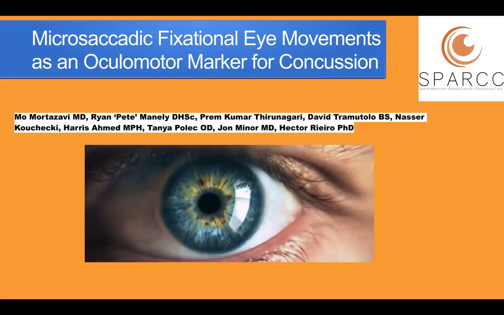So you can see here the area under the curve was 0.74, and we had a specificity of 0.85. So these fixational eye movements, particularly when you're looking at microsaccade magnitude, can really provide a highly specific marker for